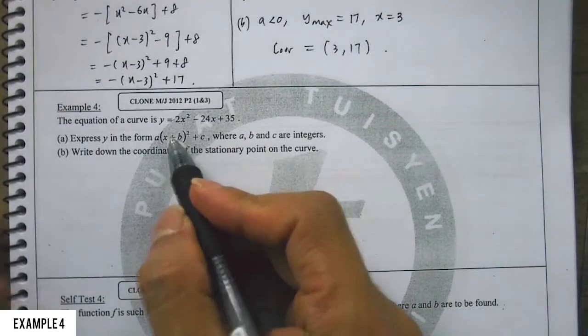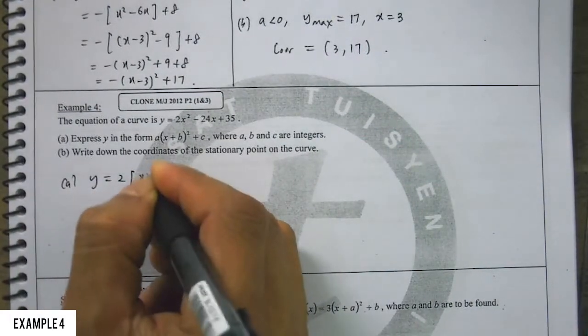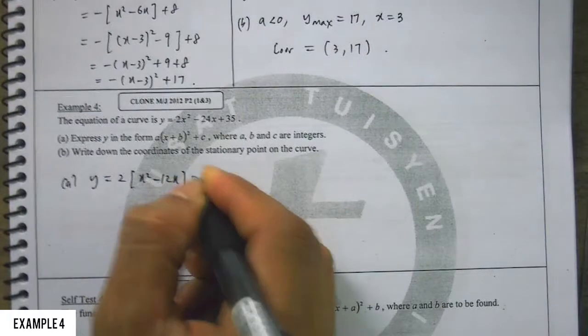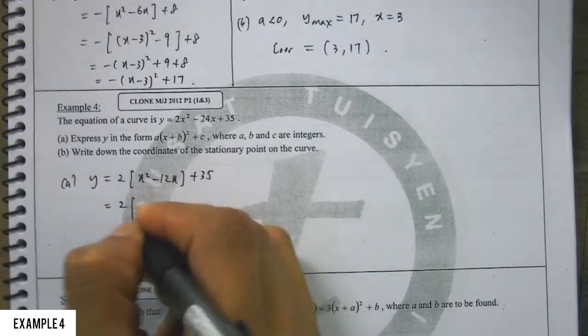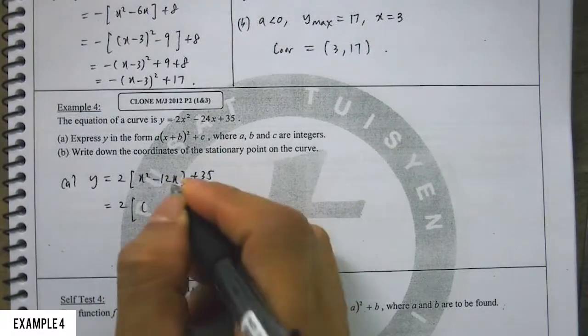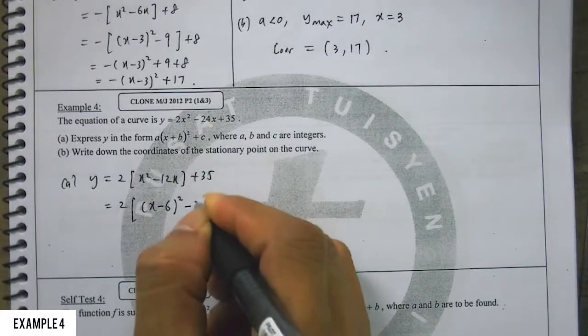Yeah. Look at this question here. What should I take out? 2. If I take out 2, you're left with x squared minus 12x. Keep the 35 outside. Okay, number 2, I'm going to take half of minus 12. What is half of minus 12? Minus 6. I square it. 6 squared is what? Everybody, 6 squared